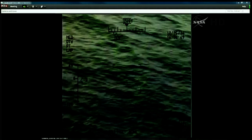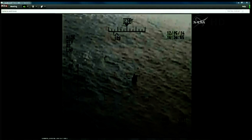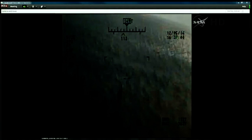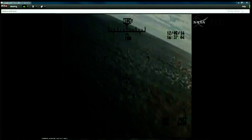Once again, this view, we're looking from one of the helicopters, providing sequential still video of Orion in the water, perfectly upright, having splashed down upright, releasing its parachutes,